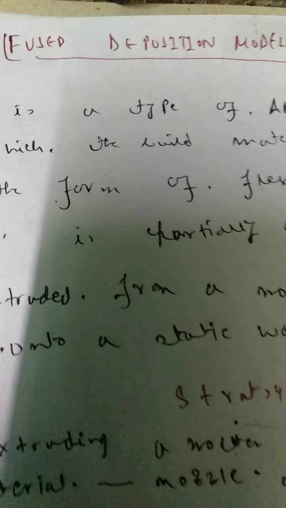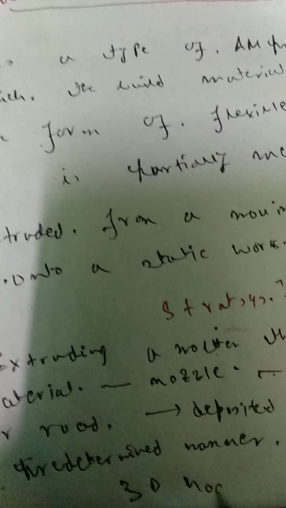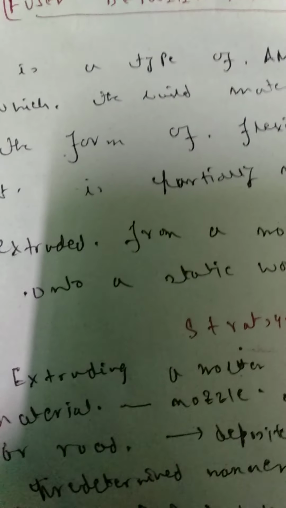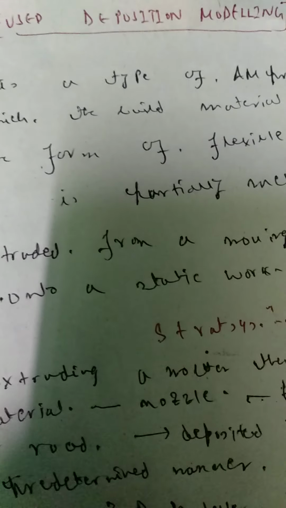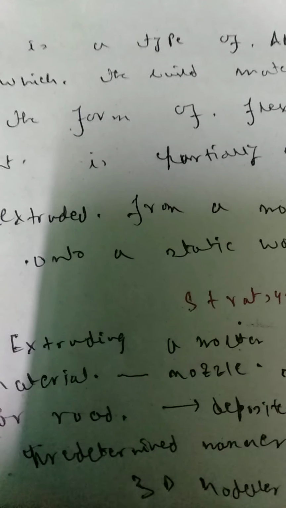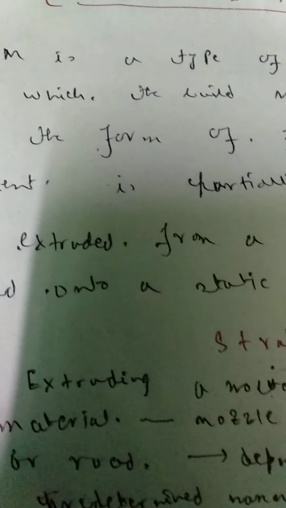These FDM systems have evolved through several models, beginning with the original 3D modeler, a floor unit, and then through various desktop units. So this is how the process developed through the years. Now we will describe this process. First I will draw the diagram. So what is basically done is over here.